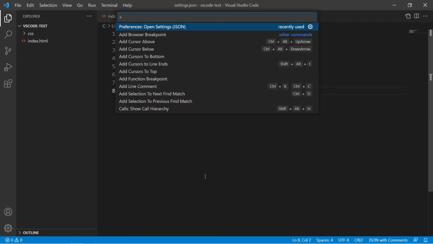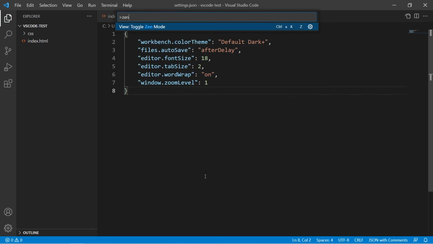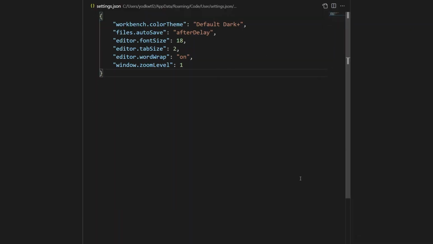Now let's take a look at something different. In the command palette, I will search for Zen mode. And you can see we have this option here, toggle Zen mode. So if I click on it, you will see that all the sidebars and top bars have disappeared. So it basically helps you to focus on the file that you are currently working on, and it closes all the distractions, and you can just undo it using the shortcut F11.